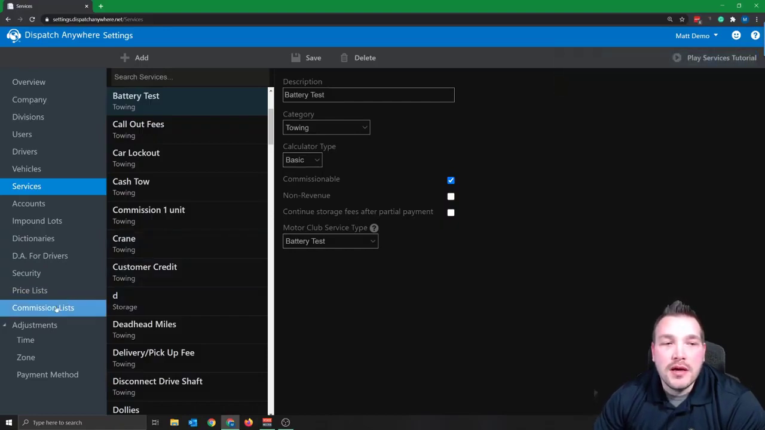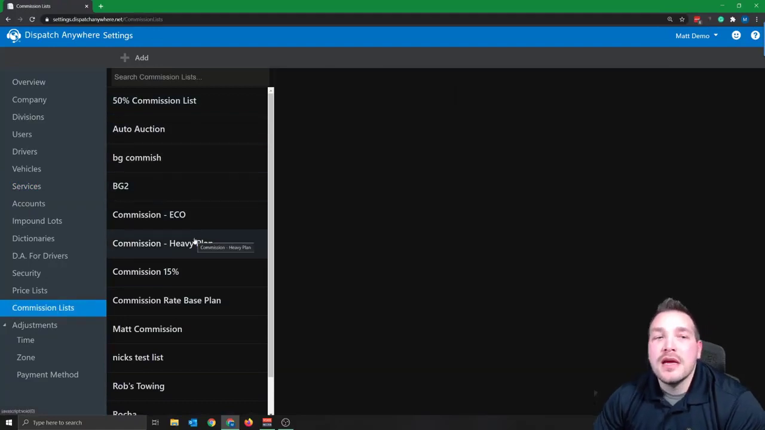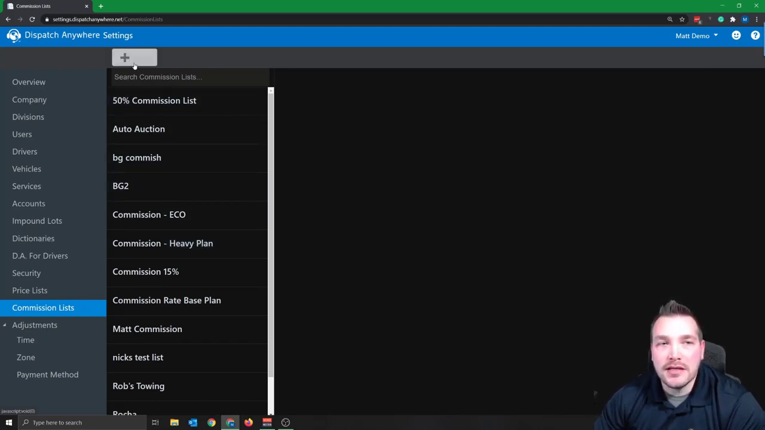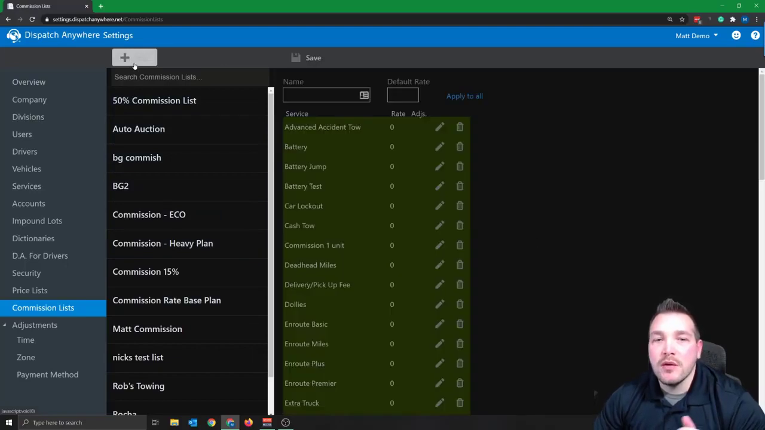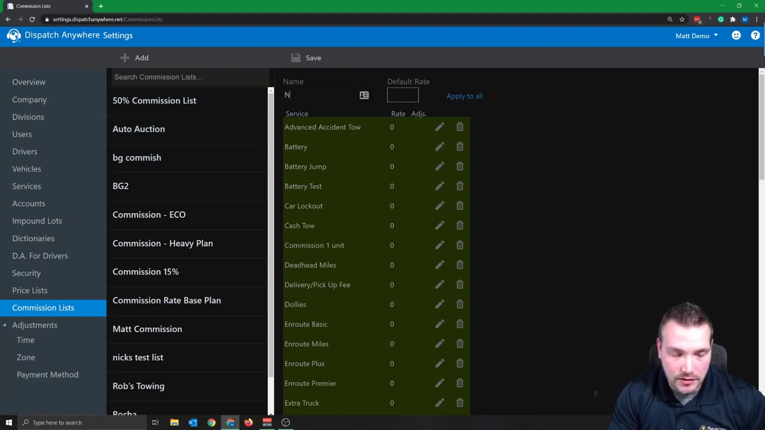That's down here on the left-hand side, commission lists. This is where I actually make my commission lists. In my test database, you can see that we have a bunch of different ones for testing purposes, but let's go ahead and make a brand new one. I'm going to hit add at the top up here. Every service that I marked as commissionable in my services section over here was added automatically to my list. So I can call this